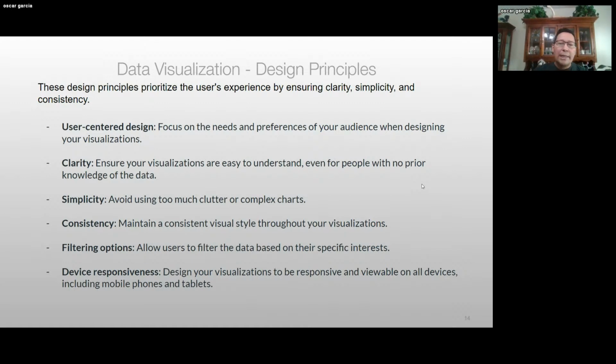It needs to be clear. Long gone are those days where we used to pack as much data as possible into one single view. That's cluttered, that's confusing. You can't really use it, right? So it needs to be very clear, very small, very compact. It needs to be simple. It needs to be consistent, right? And consistent means really